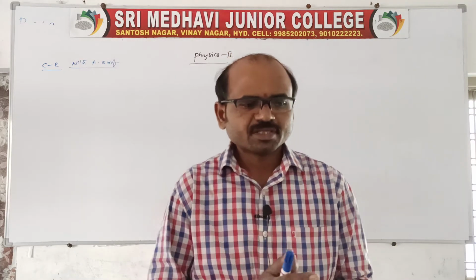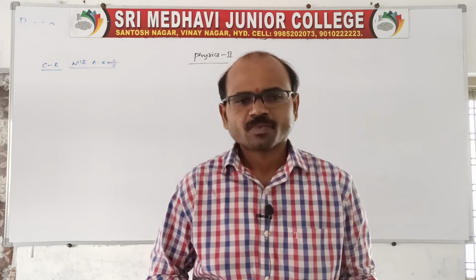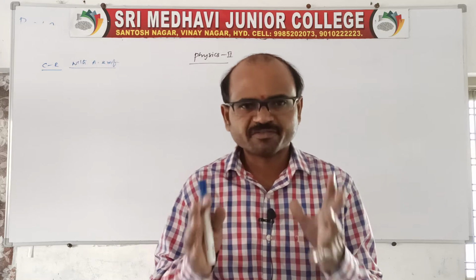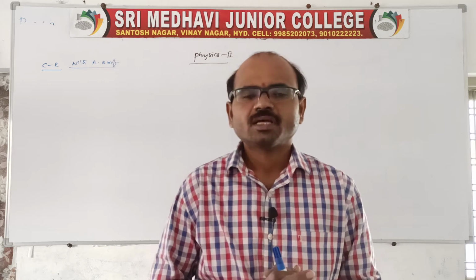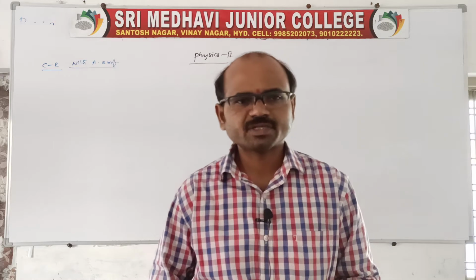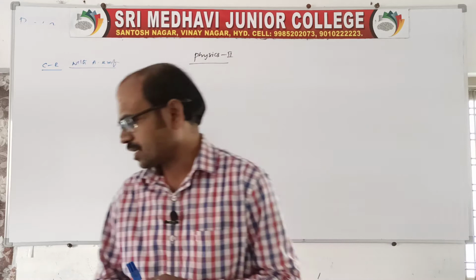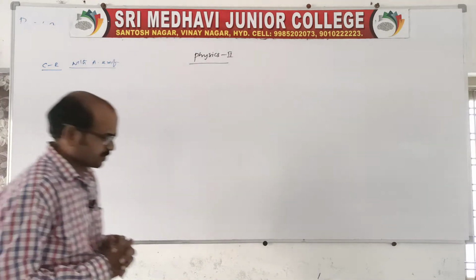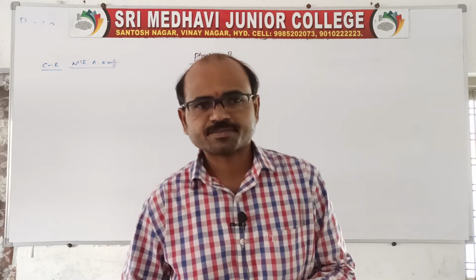In the previous class, we discussed alternating voltage or alternating EMF applied to different circuits. The resistive circuit is over, the capacitive circuit is over, and the inductive circuit is over. Then, among the combinations, the first combination, the LR circuit, is over. Let me move to the next one, the CR circuit. That means a capacitor and a resistor are connected in series.